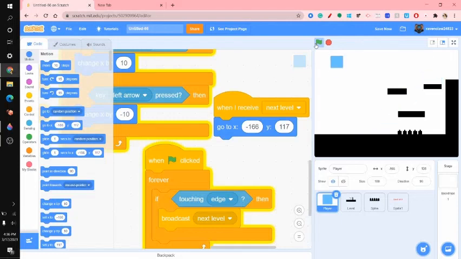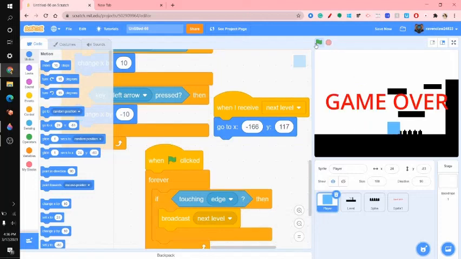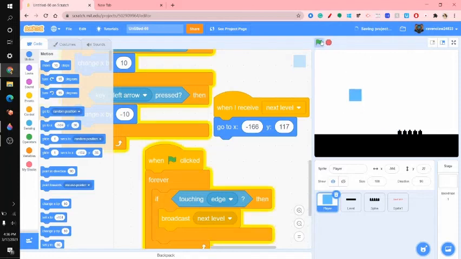And now you can see our platformer is working. So now it doesn't go underneath. If we touch the spikes, we die. And it's working pretty good. So if you want, you could